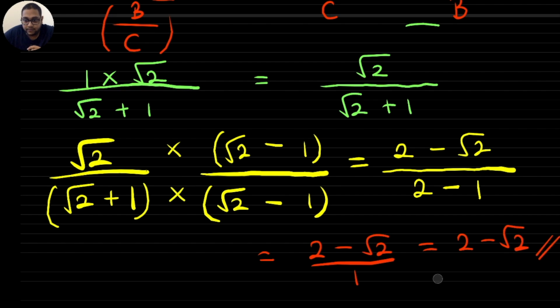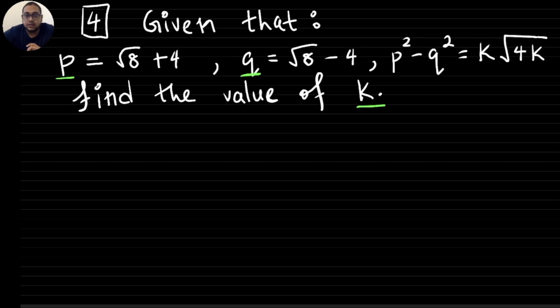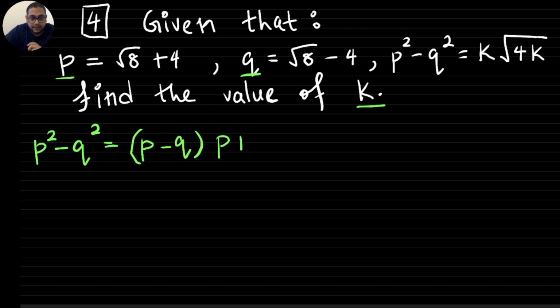We can write this as LHS is equal to RHS. Using this term given here, I'm going to rewrite p squared minus q squared as p minus q multiplied by p plus q. As mentioned before, this is an example of difference of two squares. And this is equal to k